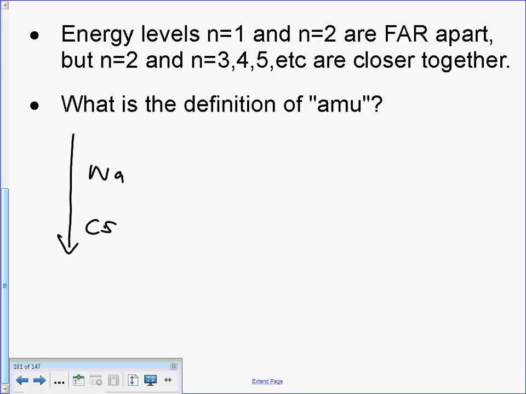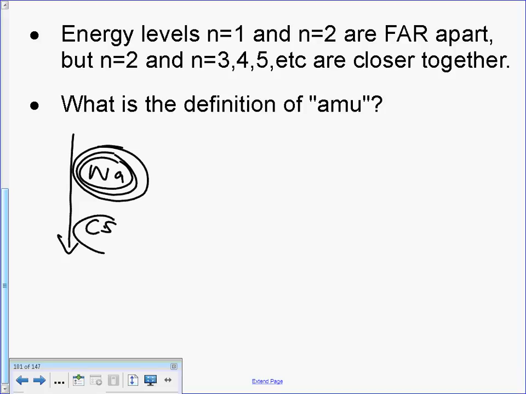Because how many shells, energy levels, shells or energy levels, you'll hear that word interchanged, are around sodium? You just told me. 1, 2, 3 are around sodium because it's in the third period. How many around cesium? 6. Is it 6? Yeah. 1, 2, 3,